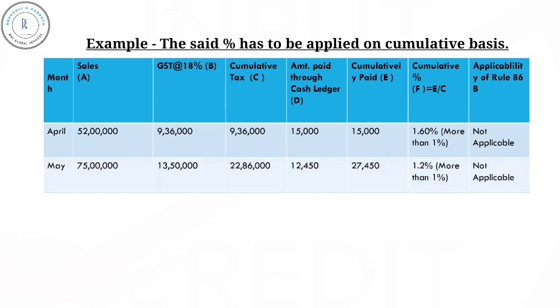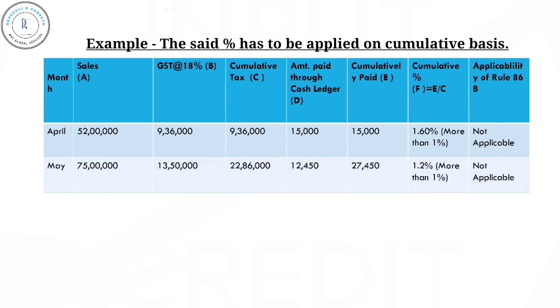7,500,000 rupees. GST at 18%, B: 1,350,000 rupees. Cumulative tax, C: 2,286,000 rupees. Amount paid through cash ledger, D: 12,450 rupees. Cumulatively paid, E: 27,450 rupees. Cumulative percent, F equals E/C: